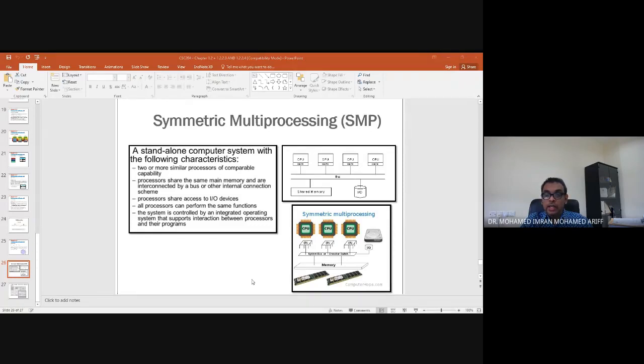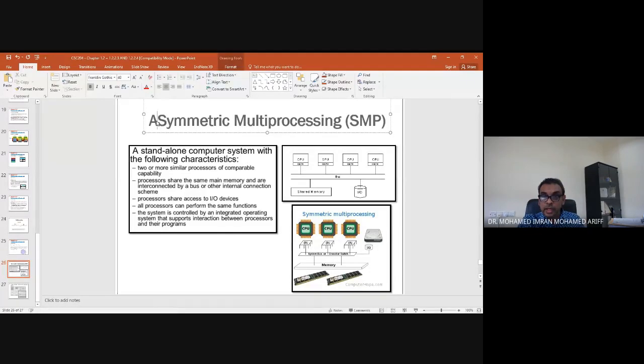The opposite of symmetrical multiprocessing is what we say as asymmetrical multiprocessing. There is the letter A in front. Asymmetrical multiprocessing is the same concept as multiprocessing. However, this is a bit important: let's say you have 4 PCs, it can only run one process. However, the process is divided equally among all these 4.